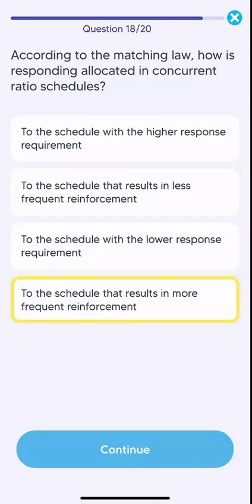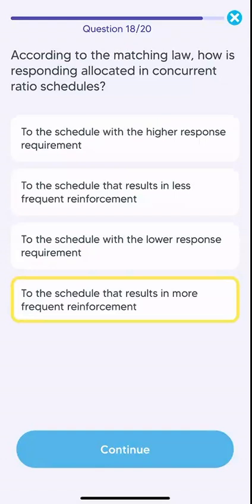Maybe. Explain to me. What's your answer? According to the matching law, the response is related to a concurrent ratio schedule. What's a concurrent ratio schedule? It means you know the components of a schedule of reinforcement, like multiple schedule, mixed schedule, concurrent schedule of reinforcement. This means I will give you two options and you have to choose. I will tell you study 14 minutes and play 1 hour game, or clean your room and play 2 hour football, like this. I give you two schedules and you have to choose.